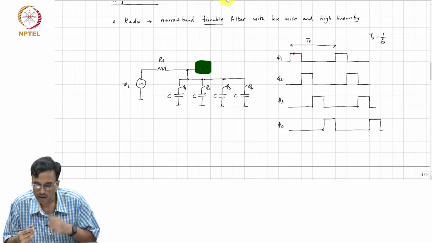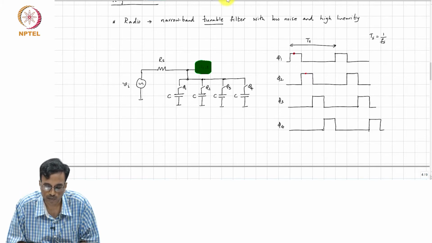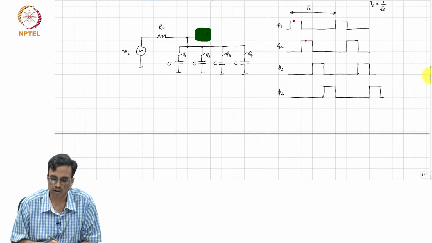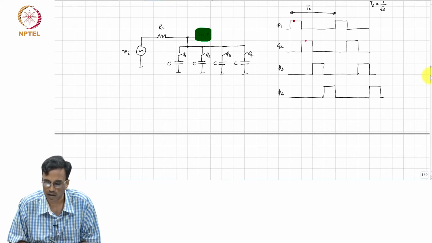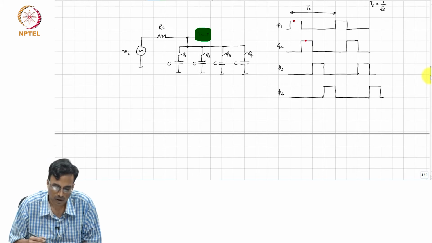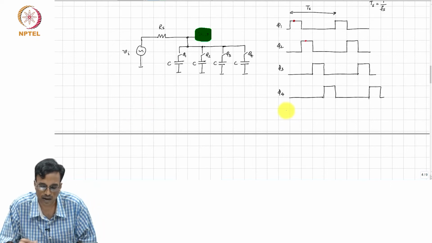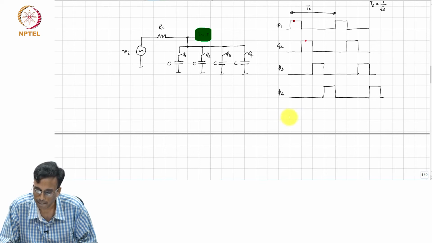That is one thing. Next thing is I would like to draw your attention to the fact that this actually behaves like a band pass filter which is centered around F s, right. And to see that, again as I said, we are going to derive this in a lot more detail going forward, but for today and our illustration of the N-path principle, let us assume that Vi is a sine wave whose frequency is exactly equal to F s,